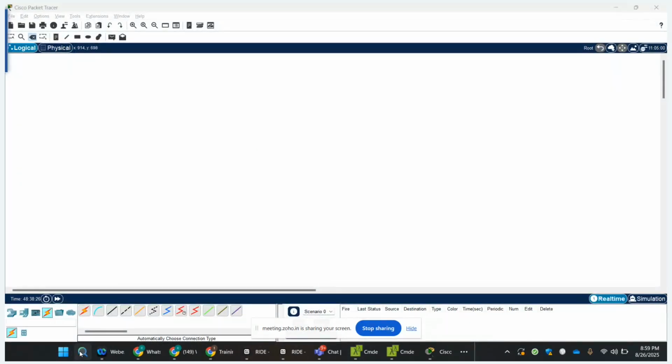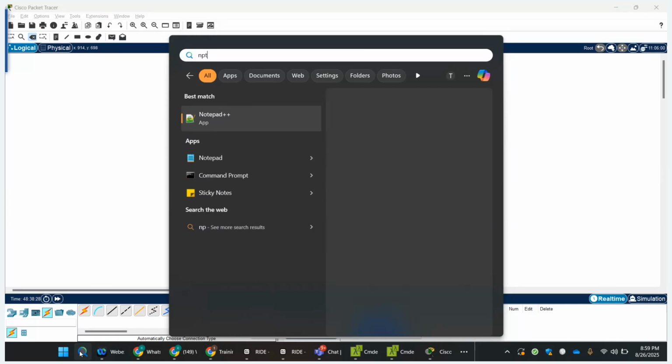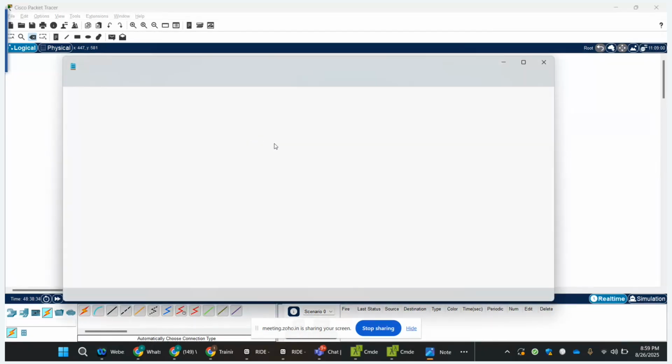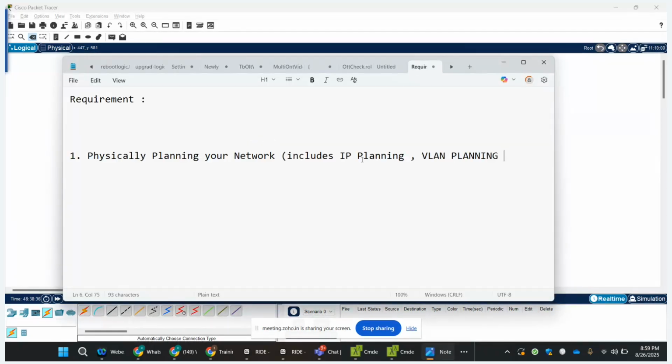Okay, so we are going to do these 3 tasks to build this university network. So the requirement is